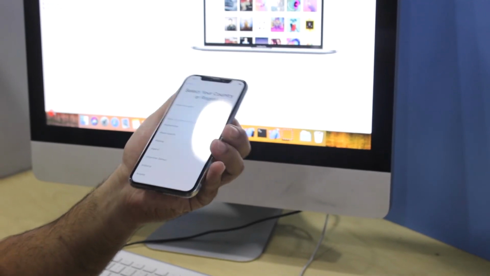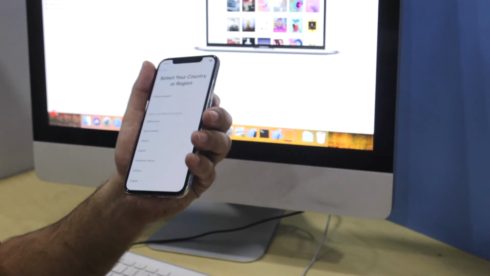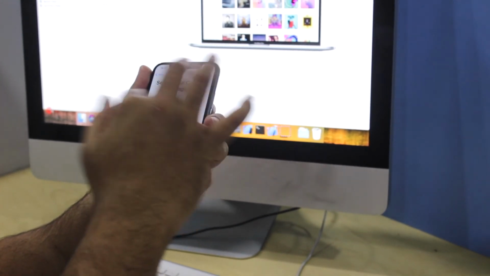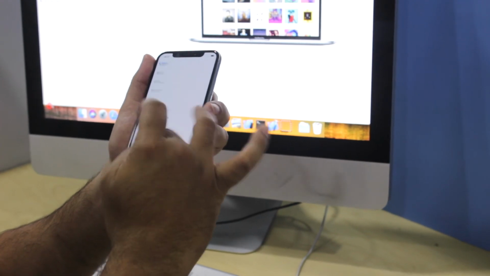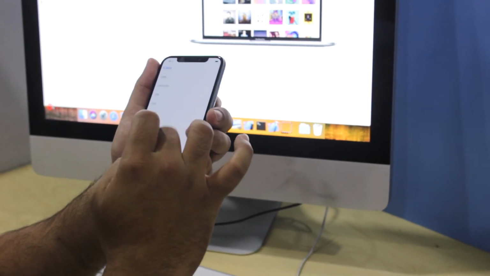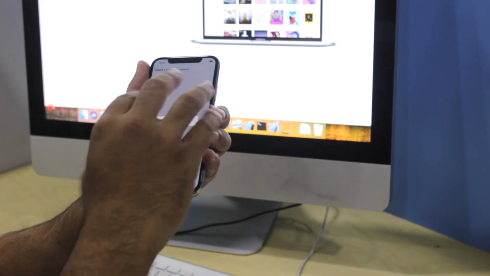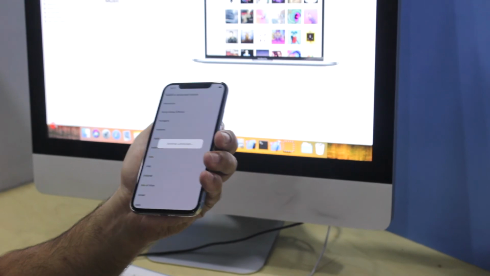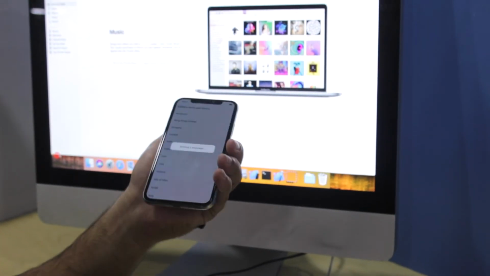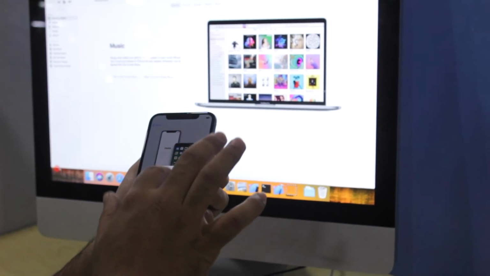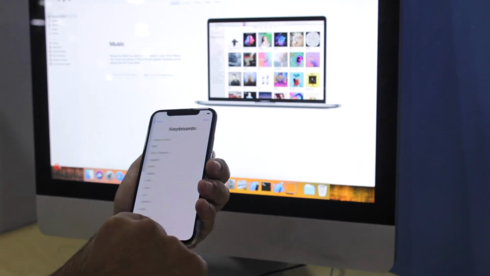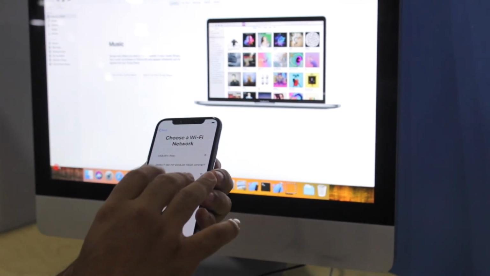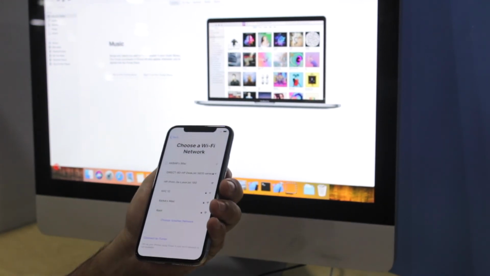Okay, people, the device has been restored to its original settings. It has become as good as new. Now I'll have to select the country or origin where I am. These are basic settings that every iPhone user follows when they purchase a new device. Nothing new for anyone who uses an iPhone. Next, I'll select the keyboards, then the Wi-Fi. Now if you want, you can restore your data.